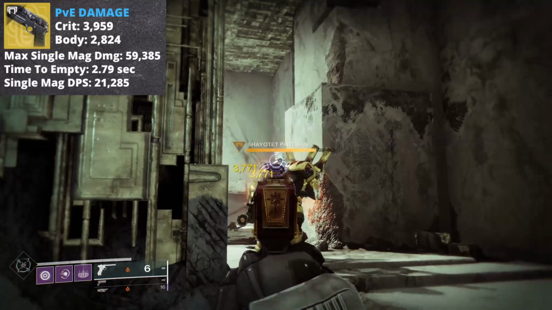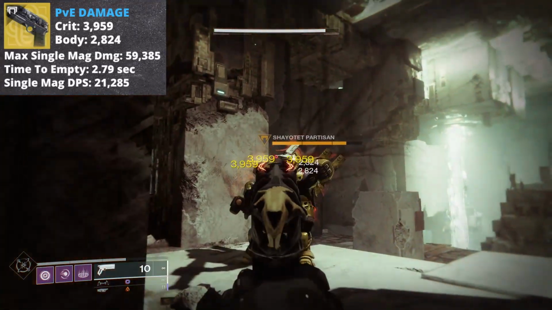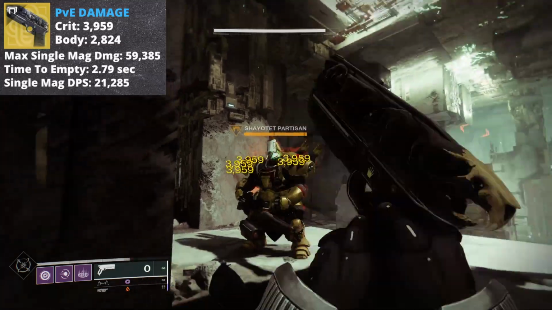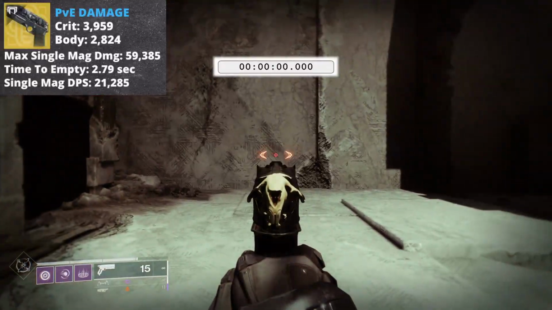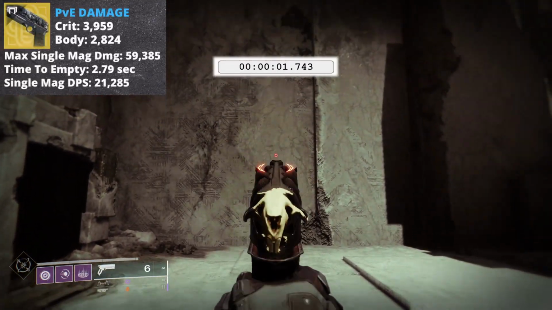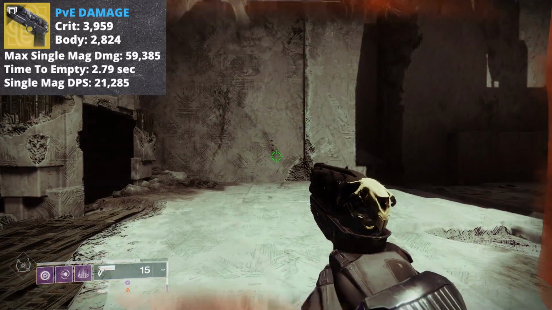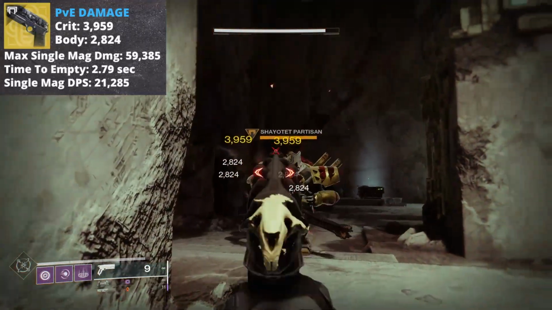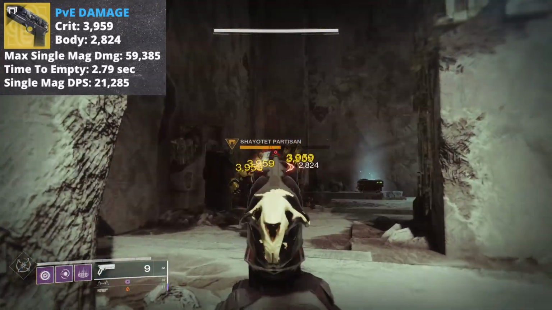If you gave Drang 5% more, the damage would be the same. But back to Rat King, with its 15 round magazine, the max single mag damage with all crits is going to come in at 59,385. I have the time to empty clocked at 2.79 seconds. So Rat King's damage per second is right in the ballpark of 21,285, which is pretty good for primaries as a whole, but right around 20k is more or less where I would expect to see base sidearm damage